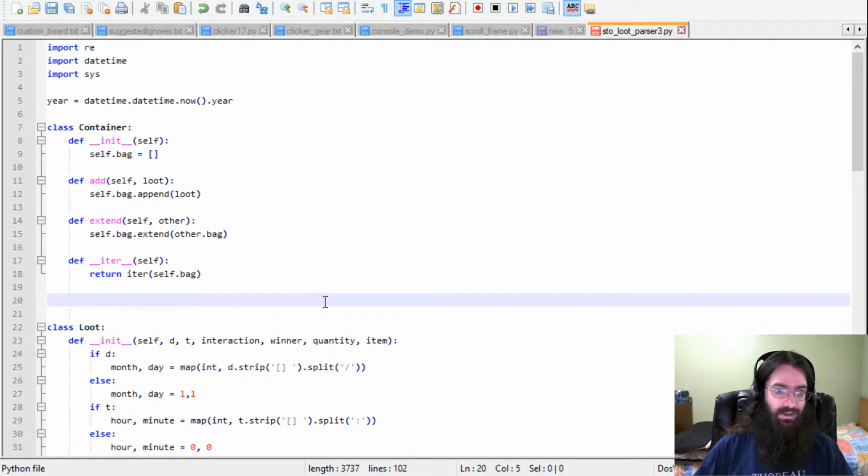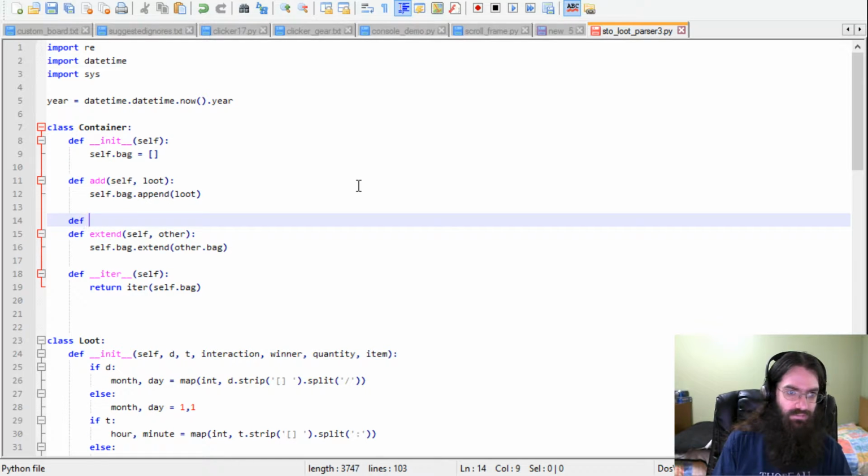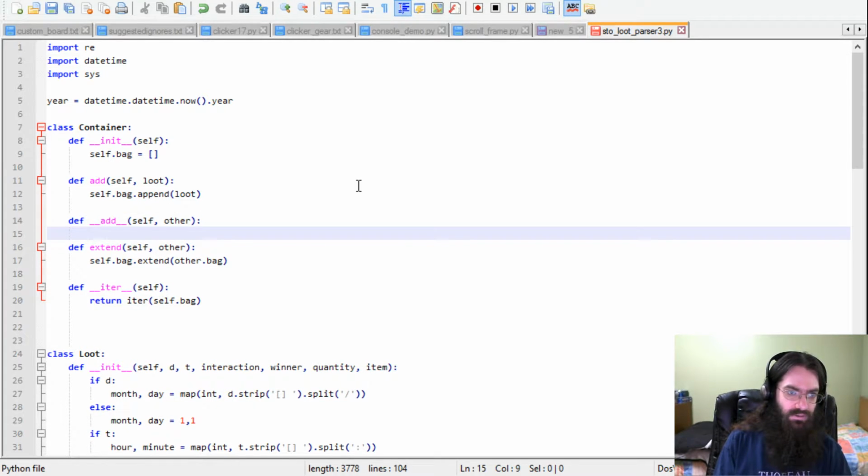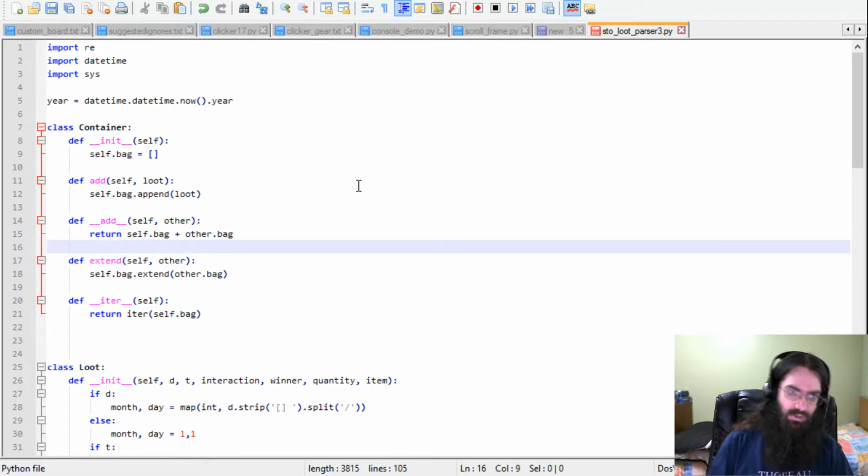Like if I had add with this other, return self.bag plus other.bag. Now what does this do, right? It does the following. If I have two container objects,